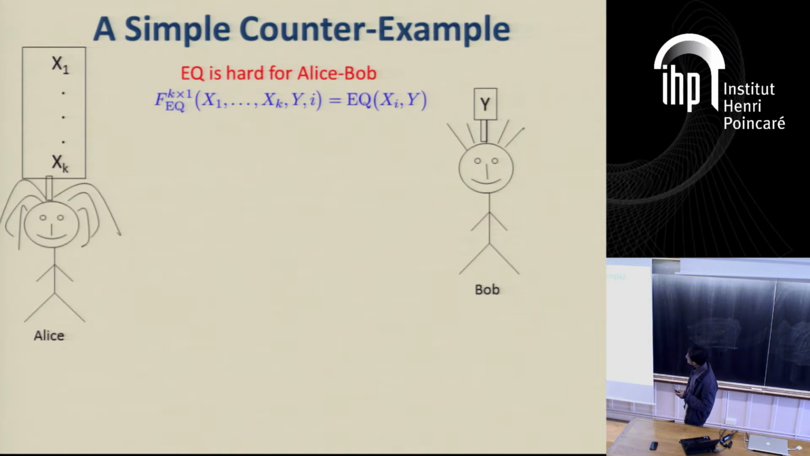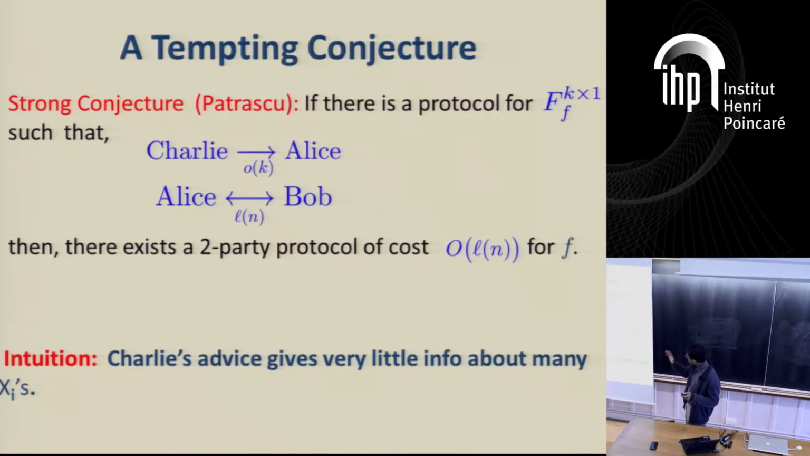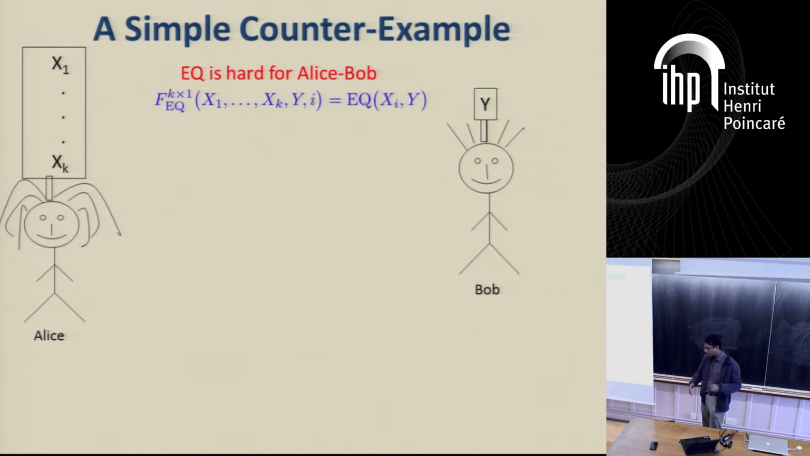Okay, so Patrascu, when he mentioned this conjecture in the paper, he doesn't say whether he is talking about a randomized model or a deterministic model. So we first started thinking about, okay, what happens in the deterministic model? It turns out that in the deterministic model, there's a very simple counterexample to this conjecture, which sounds very simple,